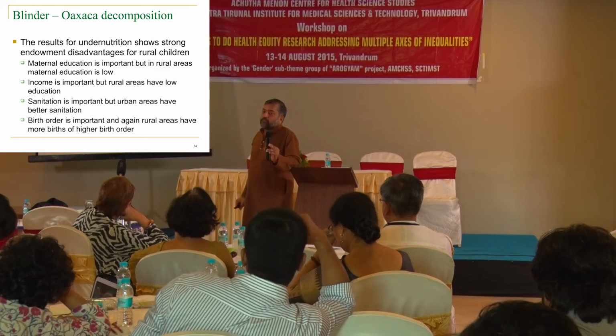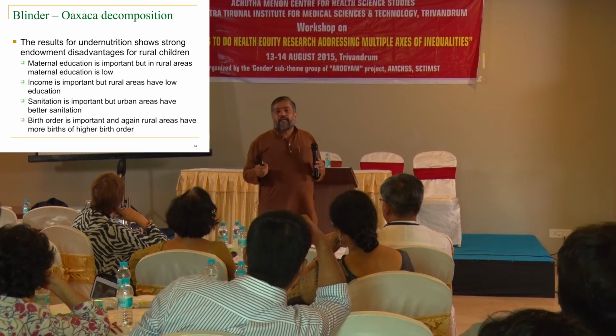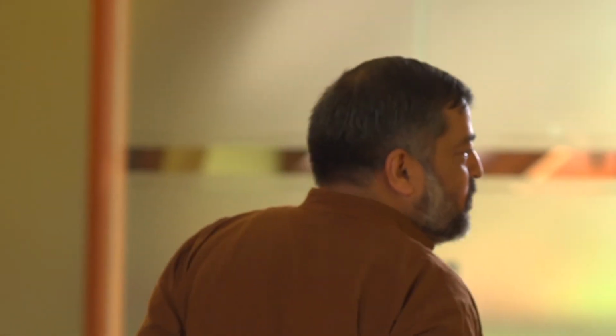Similarly, income is important, but rural areas have low education. Income will be important by itself, but when you take a whole range of observations, your average level of income in rural and urban areas is very dispersed, and you are taking income overall and ignoring that. But when you take rural areas, its impact will become pretty low because there is no variation in income in rural areas. So in an Oaxaca decomposition, when you have multiple attributes, this becomes a sensible way of coming out of that rather than misinterpreting.